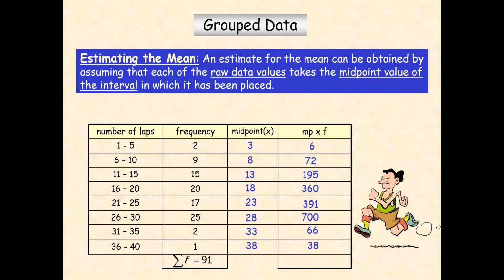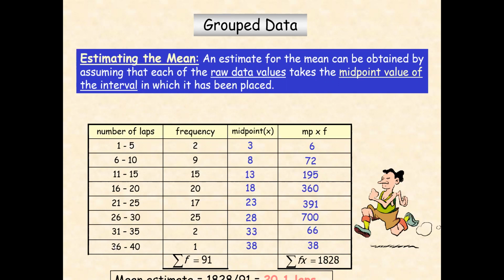Now we need that because we're going to divide by 91. Then we find the sum of the midpoint times the frequency. So we're going to add all the midpoint times the frequency. What do we get there? I'm getting 1828. Can someone confirm that? Yes, sir. Okay, and then to find the actual mean, I must take this total sum and divide it by the total number of people involved, which was 91. And if we do that,